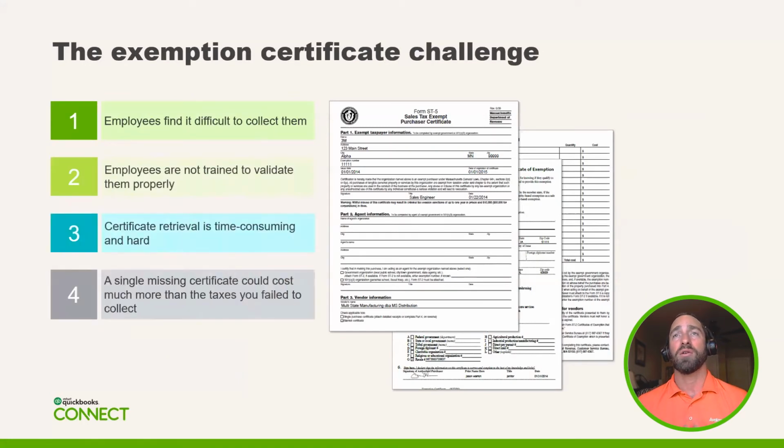Now, what I hear from most folks is, well, we have 150 certificates. Okay, great. Can you tell me which ones are set to expire in the next 30, 60, or 90 days? States like Florida and Washington, the certificates expire every year. And our tool, Avalara Cert Capture, will actually charge sales tax the minute that a certificate expires. Now, granted, your customer is going to go, hey, you don't need to tax us, we're exempt. Then you're just going to let them know that you would need an updated certificate or their certificate has expired.